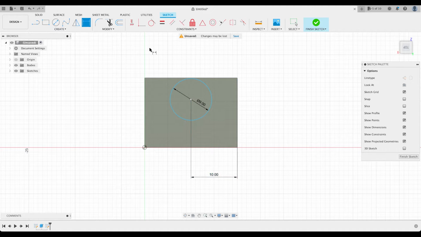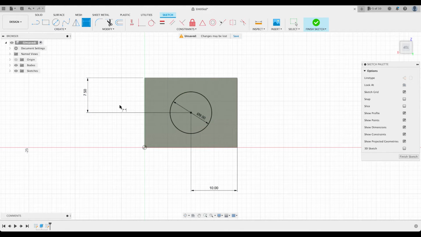So again, we do the same process again. I'm going to click on this tool, click on the center, click on this side here, and you can see that it is currently 4.6 millimeters from the top of that circle, and that's a 15 millimeter high side. So I'm now going to type in 7.5, and I've now exactly centered my circle in that plane. I can now finish my sketch,